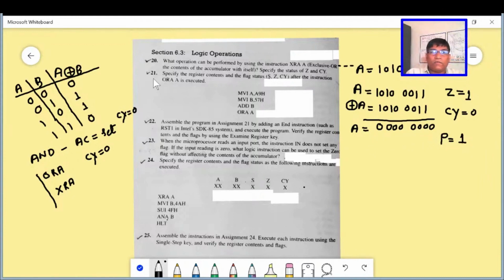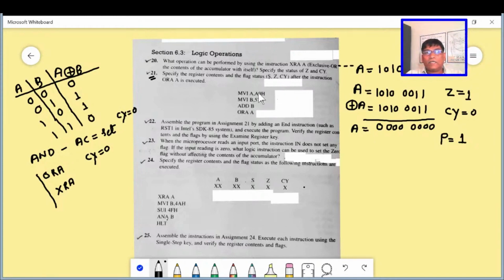Okay, now we are moving to question number 21. I think it is visible to you. If it is not visible, we can zoom it. Question number 21: specify the register contents and the flag status S, Z, carry after the instruction ORA is executed. That means we have to see this program and understand this program.